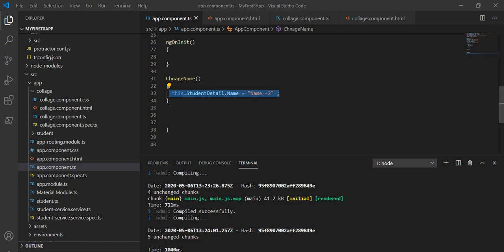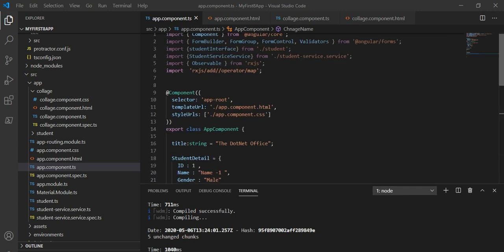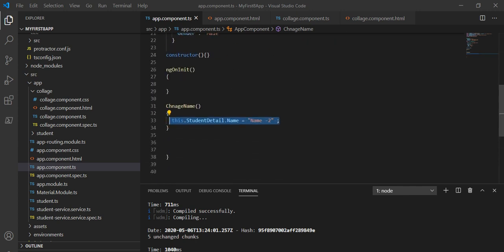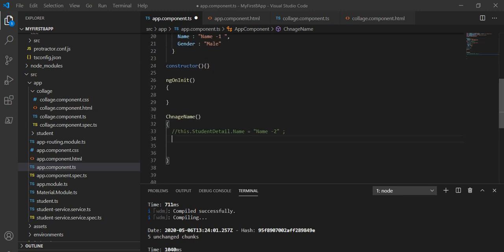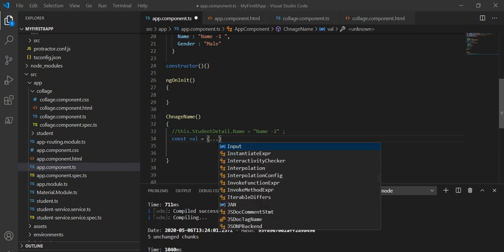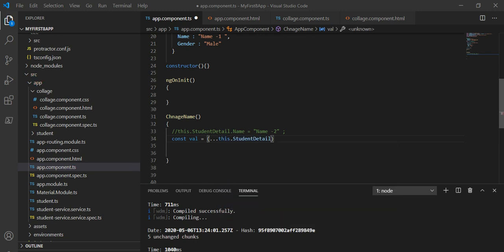So on the button click, instead of changing this property, I will comment it out. Now I will take the clone of this student detail. So taking a clone, const val equal to this.studentDetail. So I have taken the clone of this student detail.